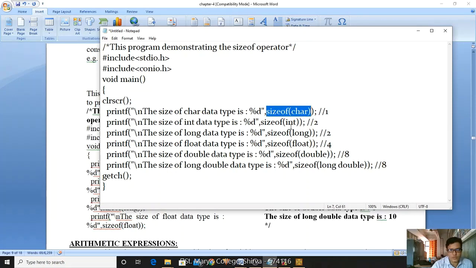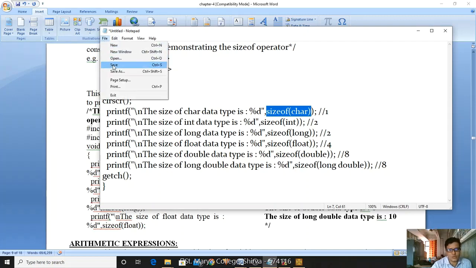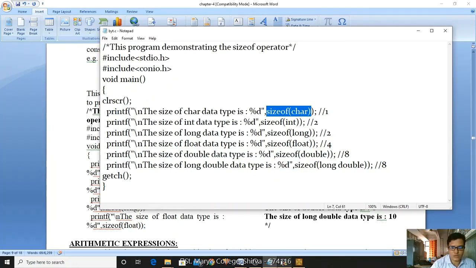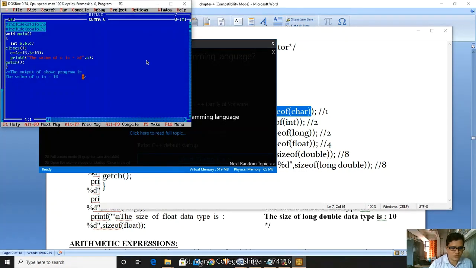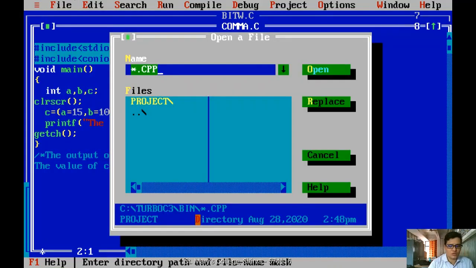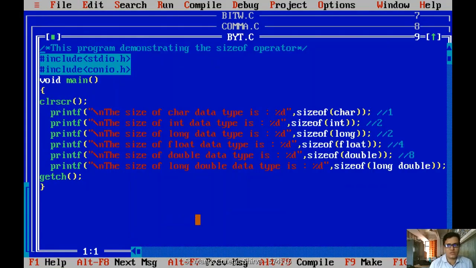Okay, what is the purpose of the sizeof operator? To identify the number of bytes occupied by the variable. Okay, now I'm saving. I'm naming it byte. Don't use a name like e because it is a keyword. Sometimes it may cause problems. So I am saving byte.c, and I'm going to the editor and opening the editor. Alt enter. Sorry, alt enter. Yes, alt enter. I'm getting the full screen. Now I'm opening my file. What is my file? byte.c. Yes, this is my file, right?